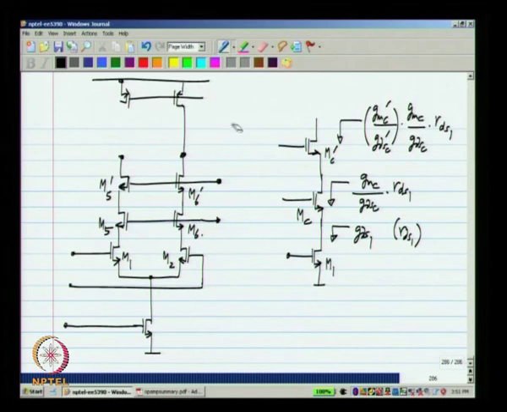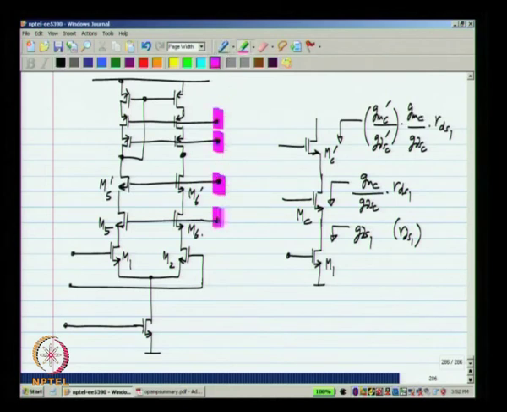So, I should have a current mirror which is also triple cascoded. So, you need to establish the bias voltages at all these points, so that all transistors remain in saturation, and